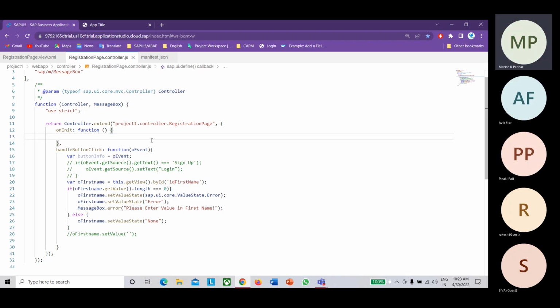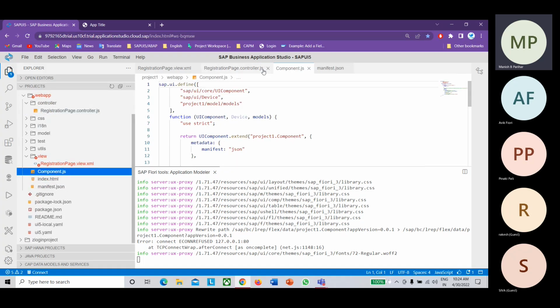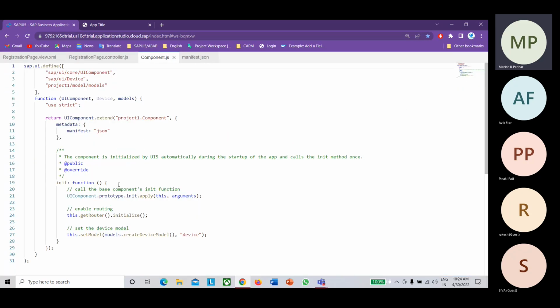I have one doubt. There is one component controller, right? This doubt is something different from what you have explained. Why is this component the main component? Why is it known as that, because we are almost using the same thing in the controller also. Whenever we create a view, we also create a controller simultaneously. So what is the exact functionality of this component controller? That part I want to understand.